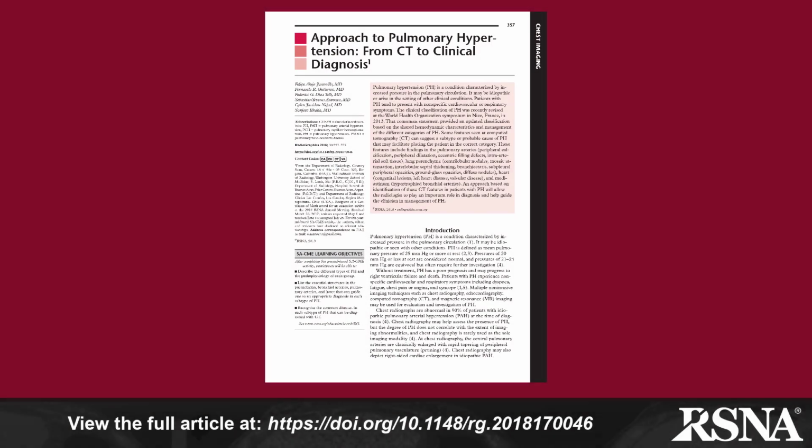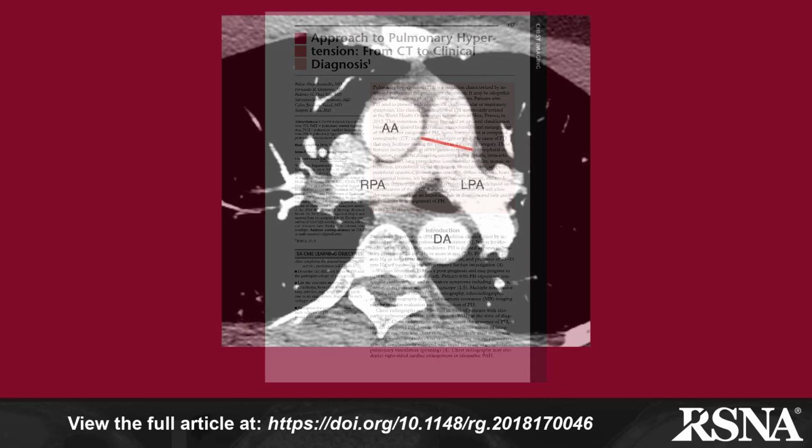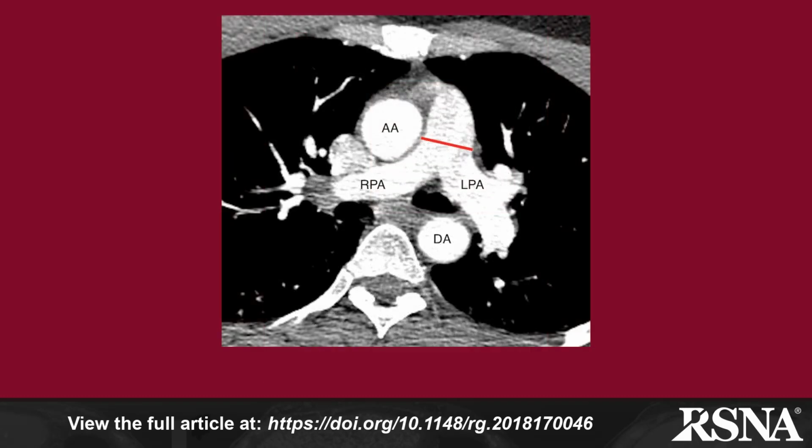Pulmonary hypertension, which is defined as a mean pulmonary artery pressure exceeding 25 millimeters of mercury at rest, is an increasingly common diagnosis that without treatment portends a poor prognosis due to associated right heart failure. Multiple non-invasive imaging techniques, particularly echocardiography, computed tomography, and MRI, are used in the evaluation of patients with known or